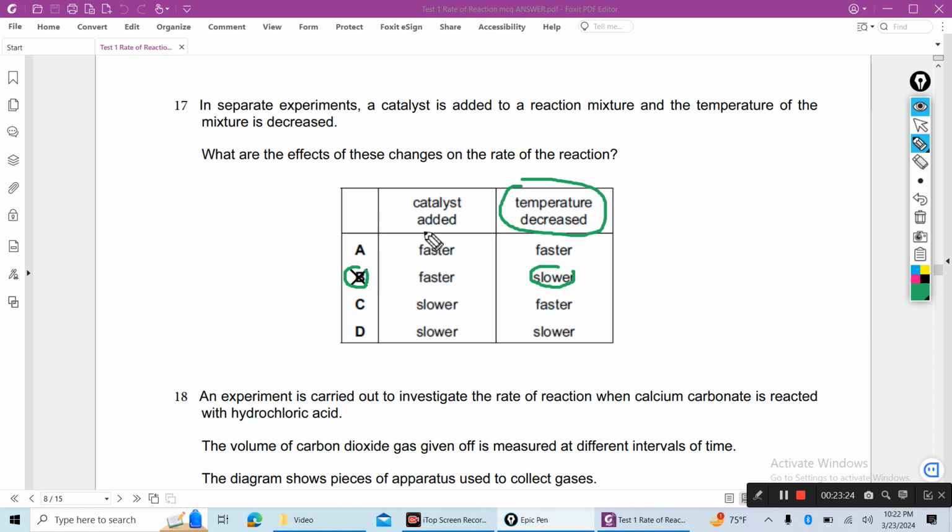Catalyst increases the rate of reaction, so the reaction will be faster, and the temperature decreases. If you decrease the temperature, the reaction will be slower. If you increase the temperature, the reaction will be faster. Now next,